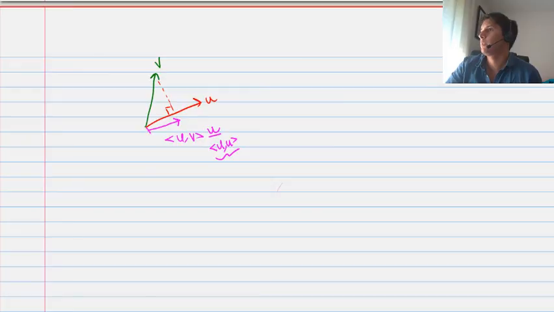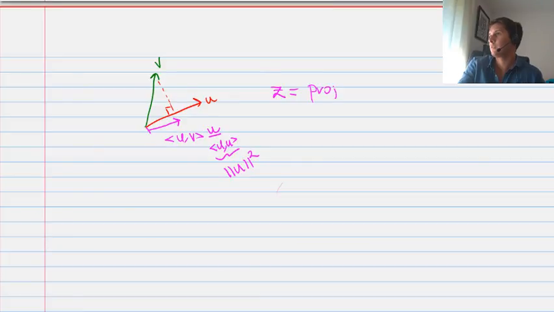The dot product between a vector and itself is the norm of the vector squared. So by doing this projection operation, you basically get, for example, z is equal to the projection